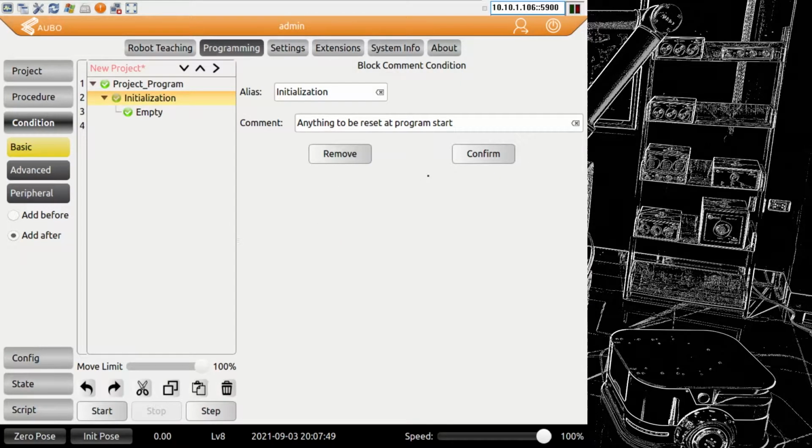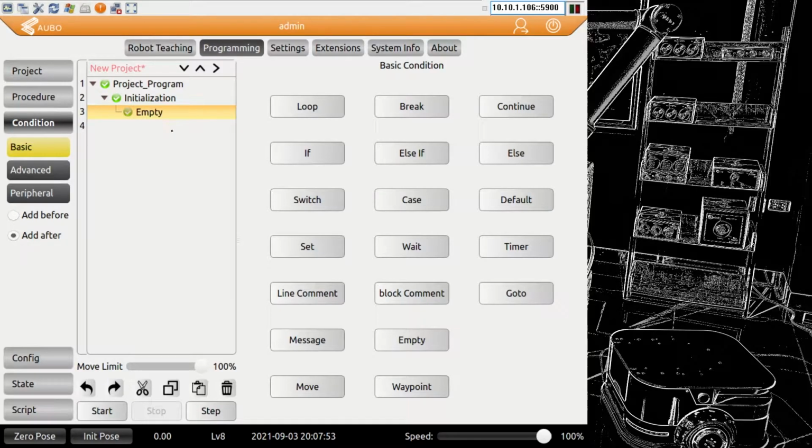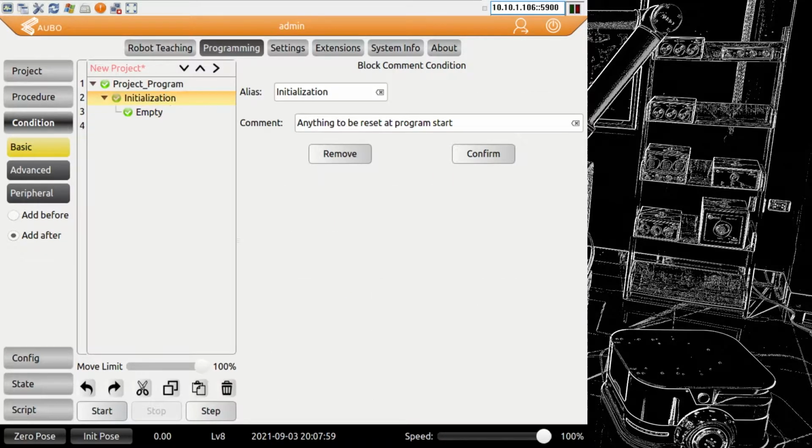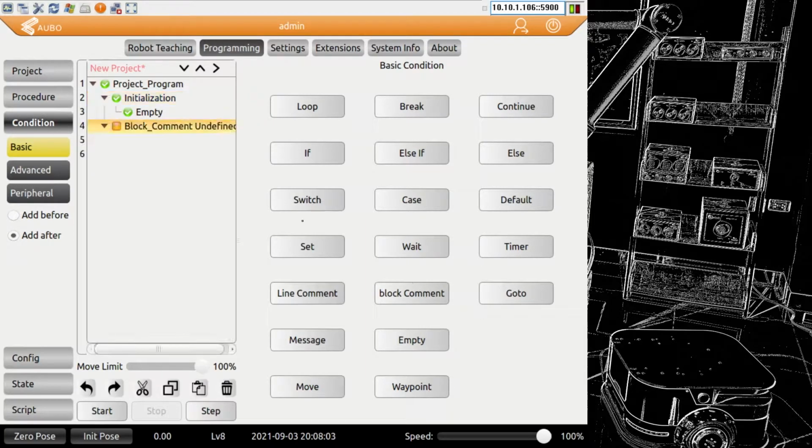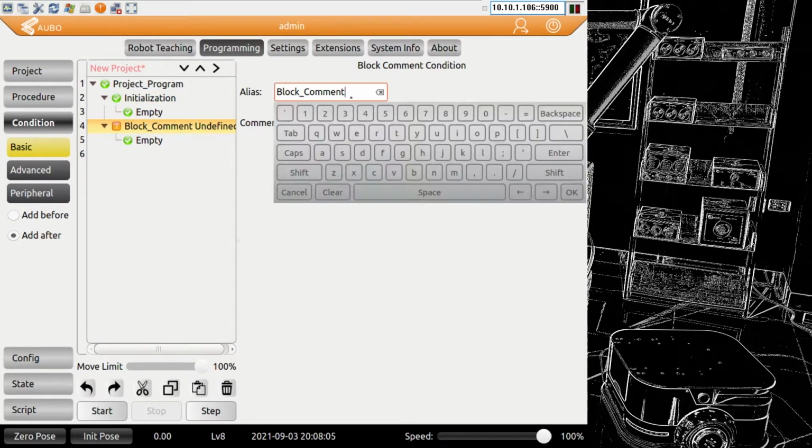Usually the comment cannot be empty on this one, and now here we could set, like, reset the gripper or do some other stuff. The other advantage is, similar to folders, you can move them around and copy them wherever you want. So if you go in and you do another one, and you say here, main program,